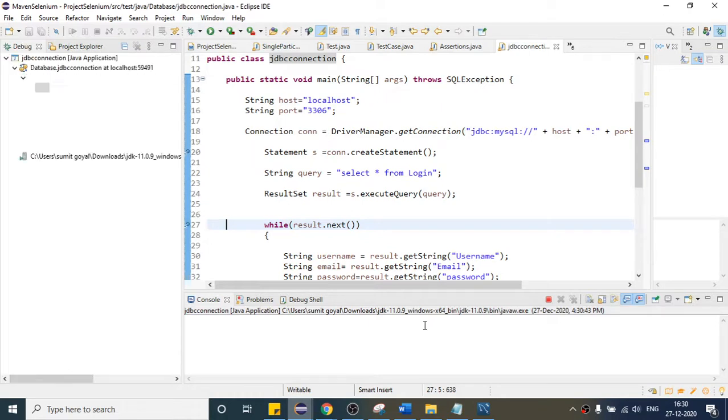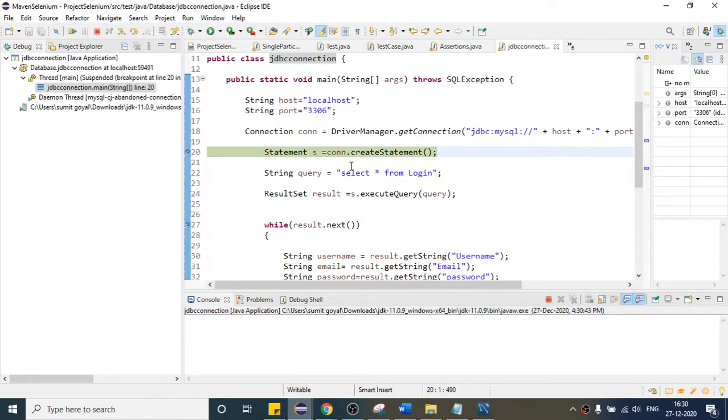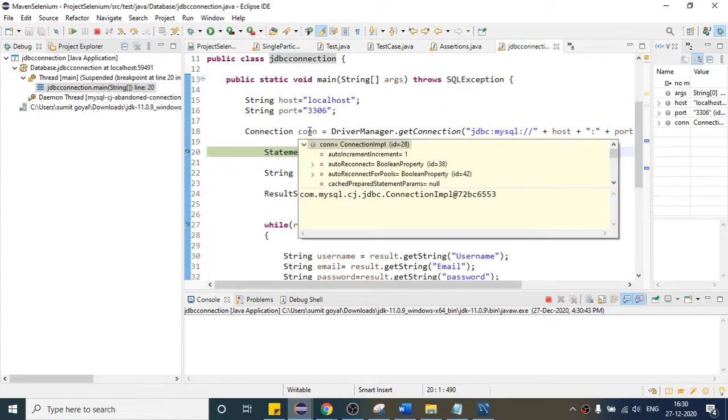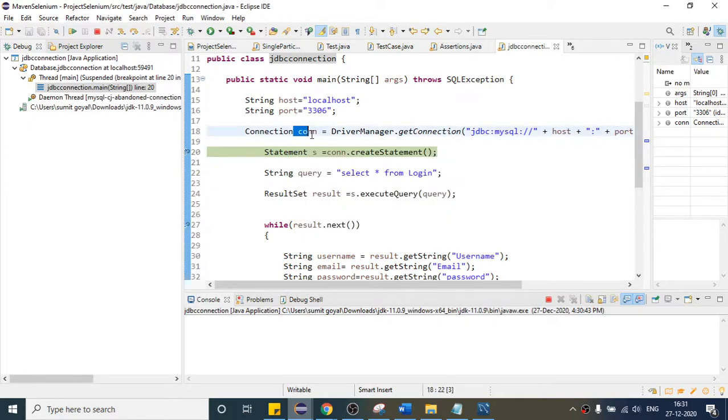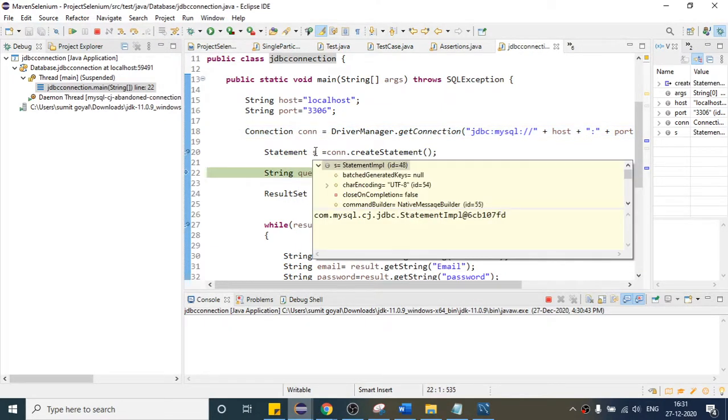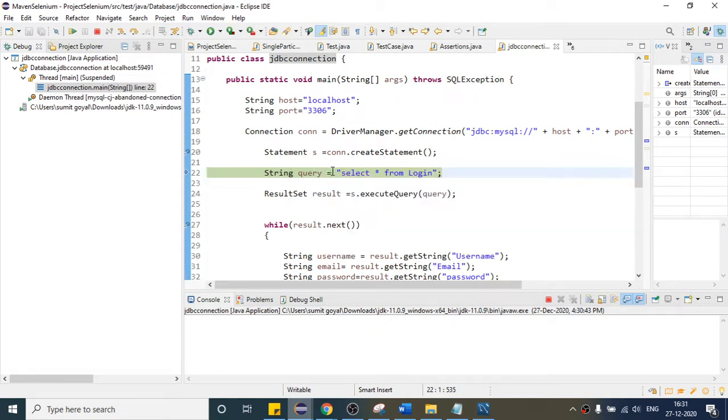So this is our connection object it has created, and it will look like this. Do not worry about all these, we know that it is our connection object and it will create the statement. So it is our statement object. This is how it will look. After that, this is our query.